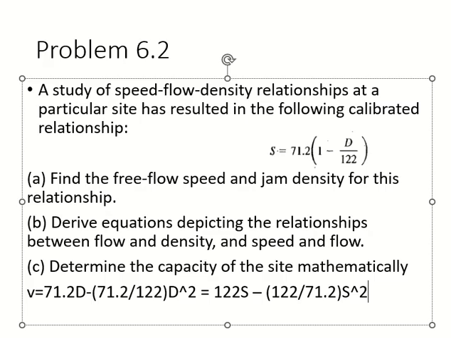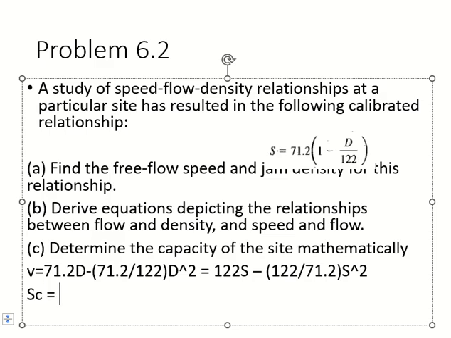50%, right? So we already calculated these two values. If your speed was 71.2 and jam density was 120, I can directly take the half. That would be critical speed and critical density. Okay? Clear? So if you take the half,